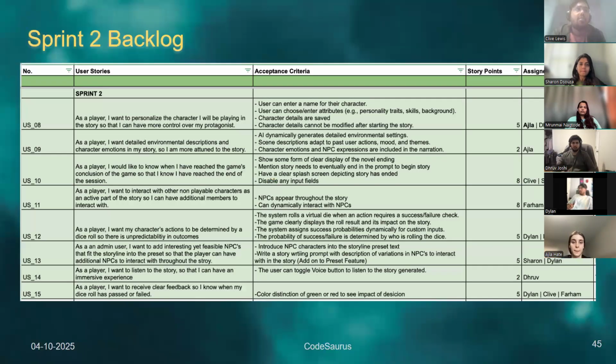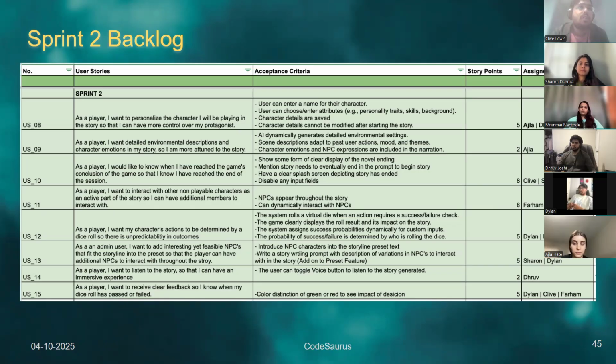So talking about the Sprint 2 backlog in particular, we focused firstly on what was carried on from the previous sprint, such as mainly describing the characters and having creative and descriptive descriptions of the environment. These were two stories that we wanted to mainly focus on since they were pending from the last sprint and are quite important for the MVP itself. Some further implementations we wanted to implement